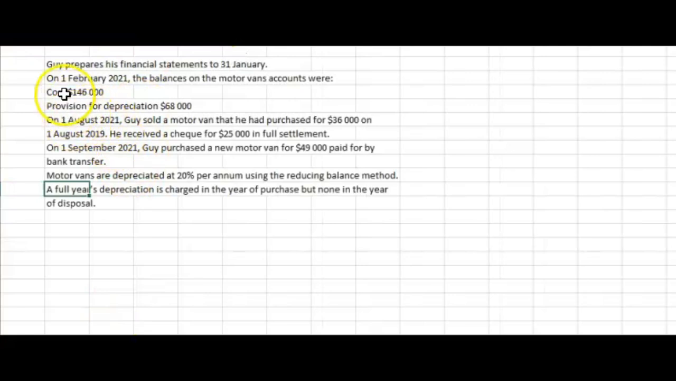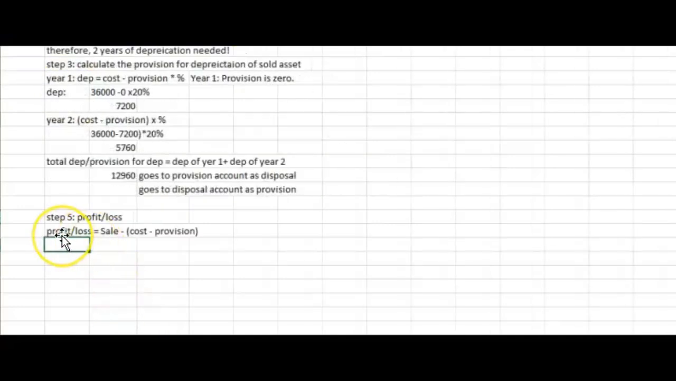So, you just multiply the cost of the sold asset, which is $36,000, by 20%. You get $7,200. Now, repeat the same process for year 2, except we have a provision in year 2. The provision in year 2 is basically the depreciation you calculated in year 1, so subtract $7,200 from $36,000 and multiply by 20%, you get $5,760. Then add the depreciation of year 1 and year 2 to get the total depreciation for the sold asset. When you add $7,200 and $5,760, you get $12,960, which is the value that goes to the disposal account as provision